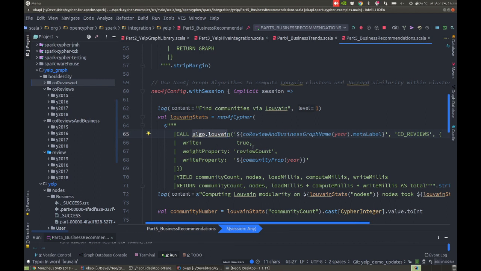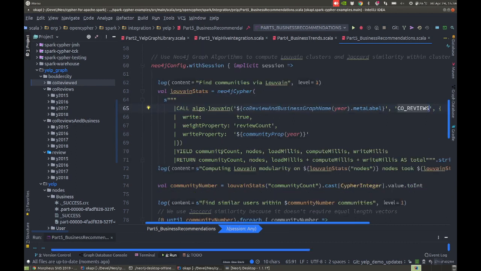We also want to store the resulting community ID as a new property, which is the write property option. We just call it community year. So this is basically the community ID that identifies the community the node belongs to. And we just use the co-review relationships, so not the reviews relationships. So it's just the relationship between the users. And then this algorithm basically outputs the number of communities it has found,